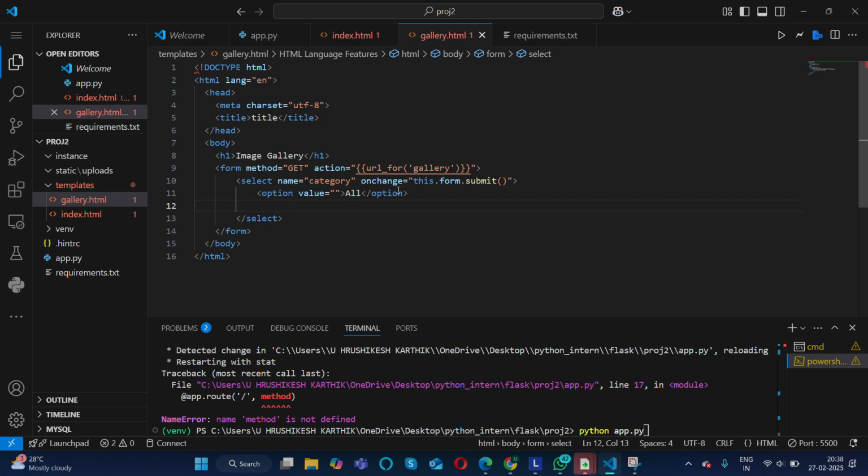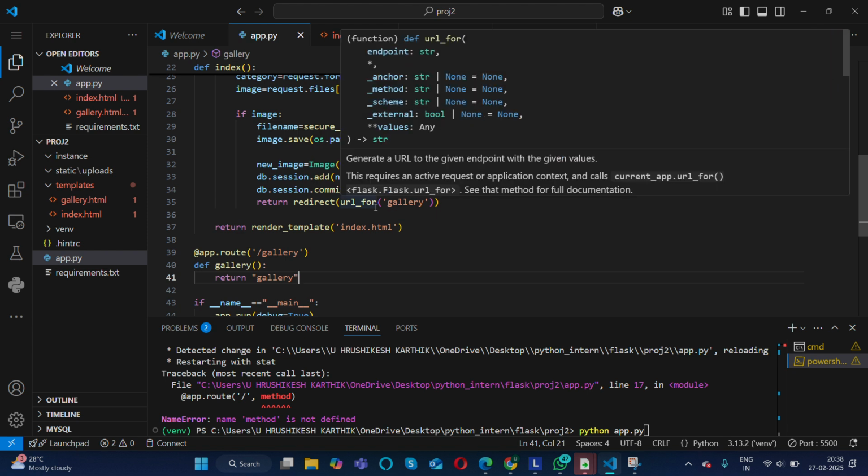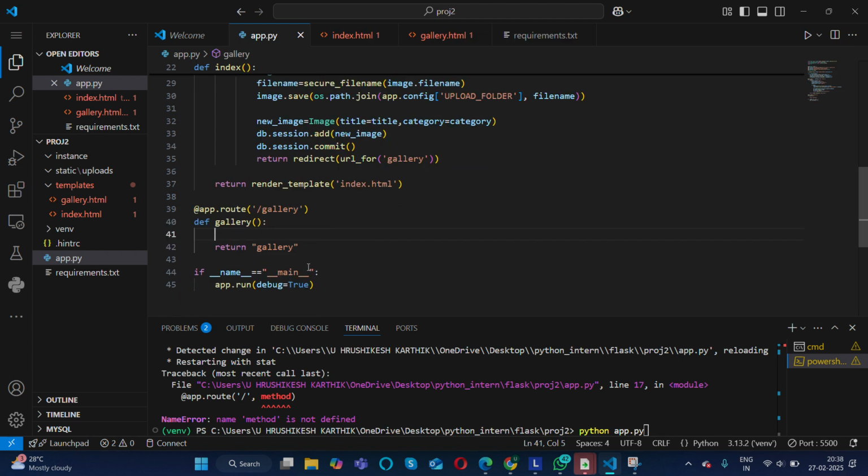How can I take it dynamically? I should loop through the statements. Okay, for that I need to write the root, which is the gallery root. What will it have? It will have a category, right? Category, we need to filter it. Already we have category variable. I'll use category filter.